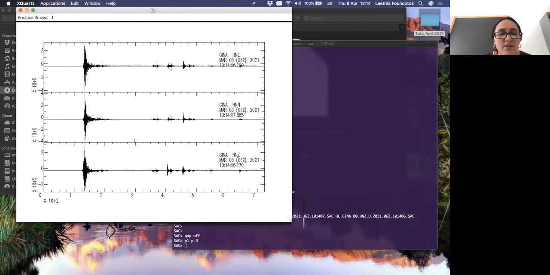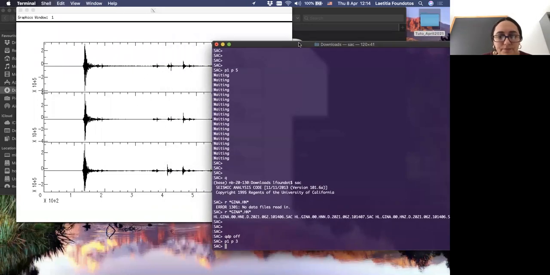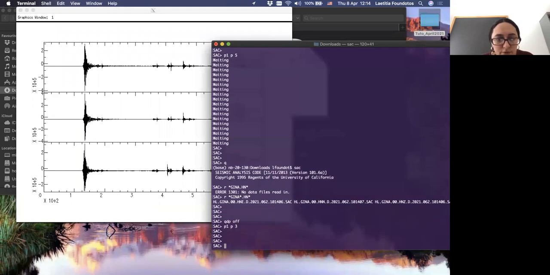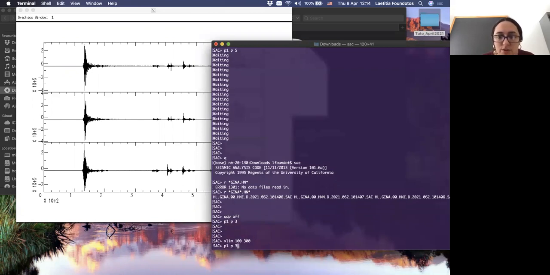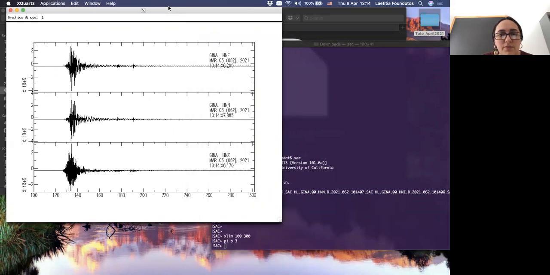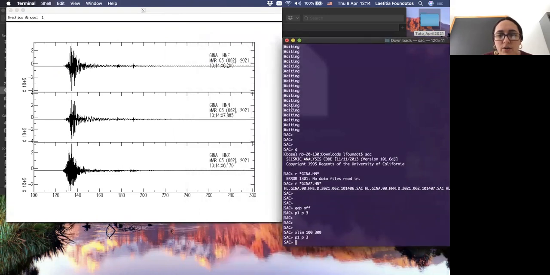And sometimes when we want just to analyze the main shock, we want to cut the recordings. So let me show you one function, which is how to cut. First, maybe limit the scale just to see if it's okay. Okay, if we zoom only on this time scale between 100 and 300, it's okay. We have removed the aftershock.